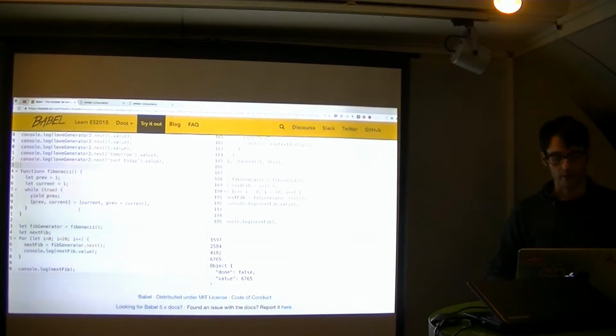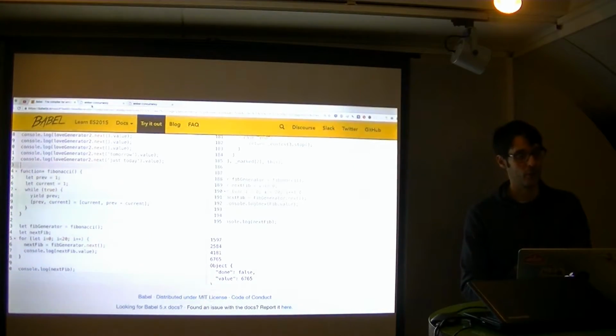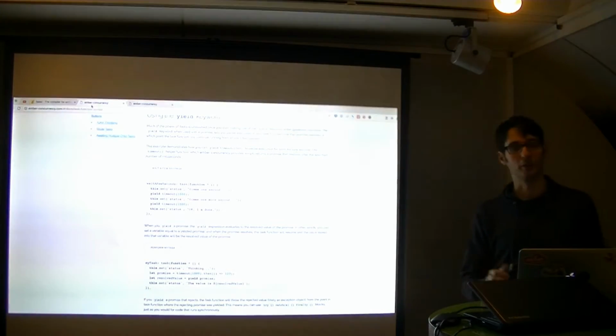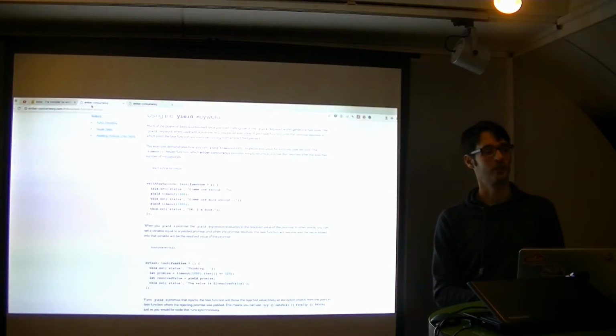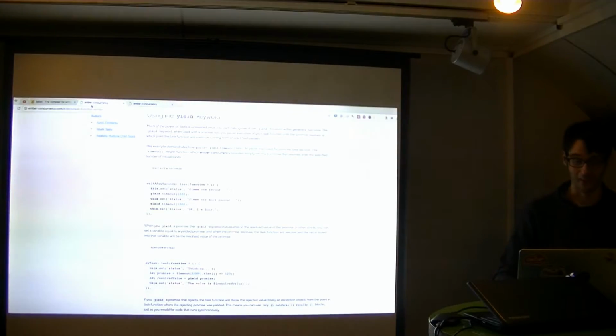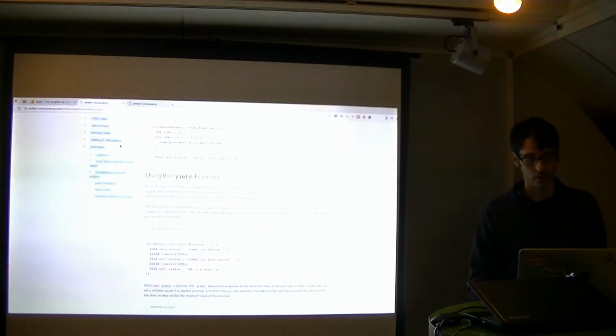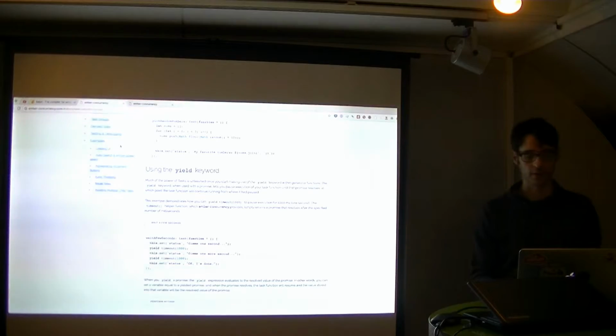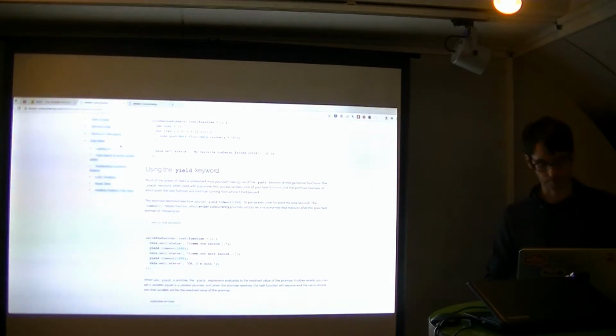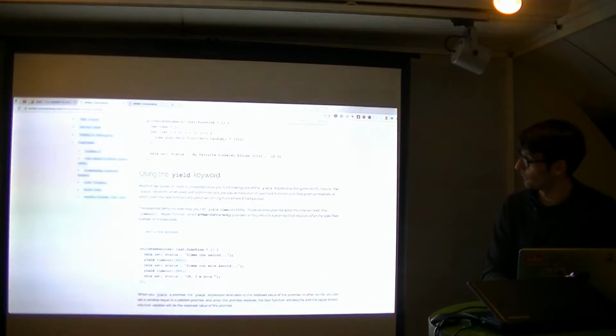So that's the JavaScript part. You might have heard about Ember Concurrency. Who heard about Ember Concurrency? So Ember Concurrency uses generators under the hood. If you take a look at the README,